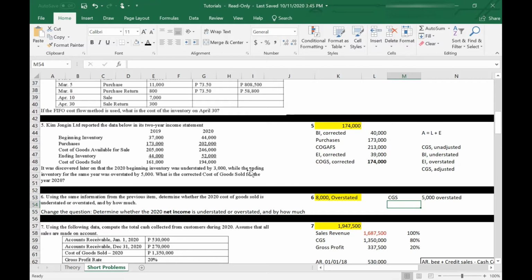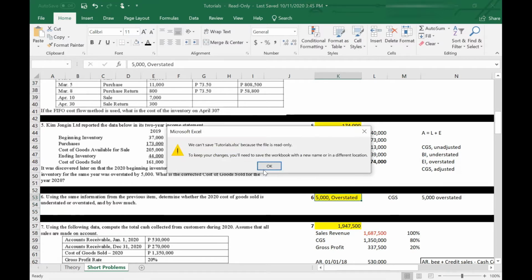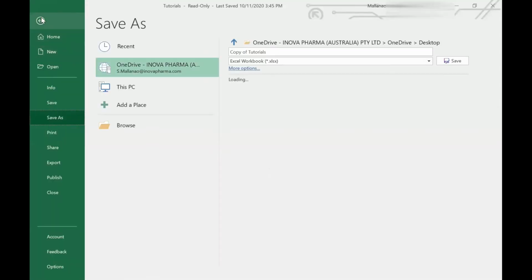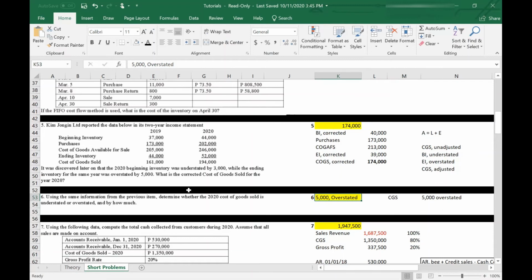So I think for this problem, the answer should be 5,000 overstated. Again, the problem is asking for using the same information from the previous item, determine whether the 2020